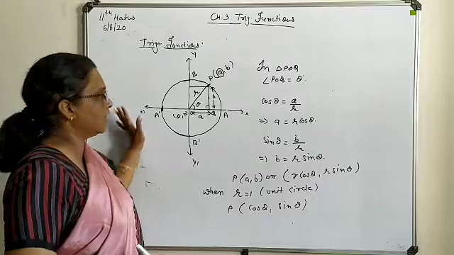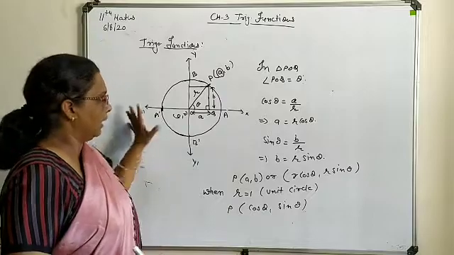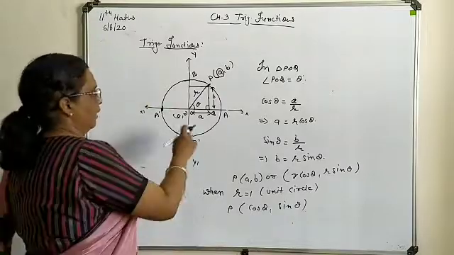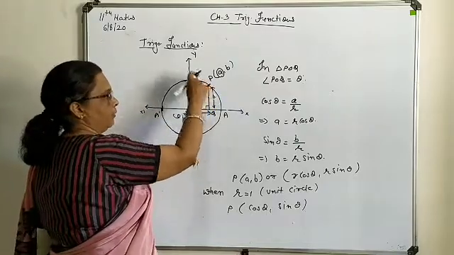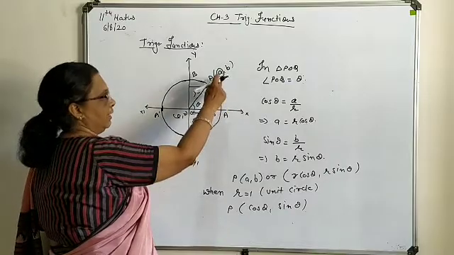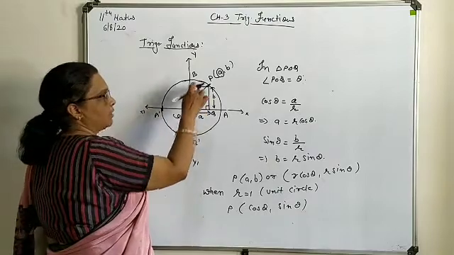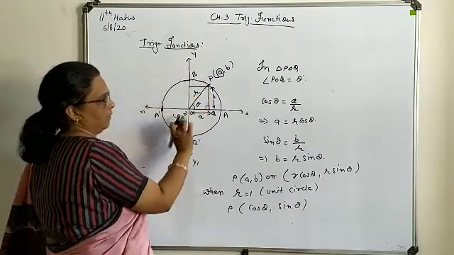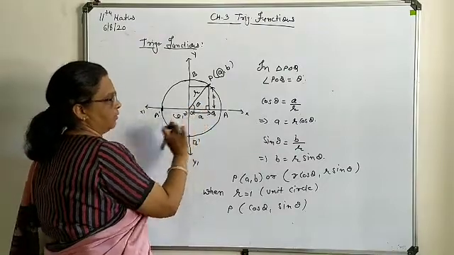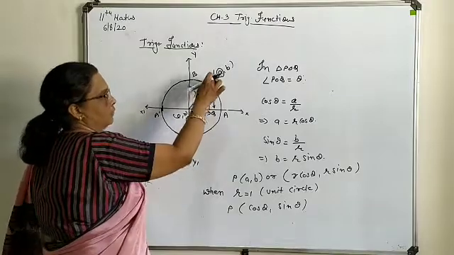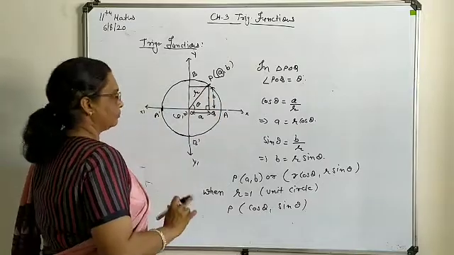Now we come to the zero solution of cos and sin in a unit circle. I will just repeat all of this. Here we have considered one circle with radius r. A point P on the circumference in the first quadrant we have taken as (a, b). From the origin to this point P we have joined a segment which forms angle theta with the x-axis in the positive direction. This is the radius of the circle. On the basis of this point, this length is a, and this length is b.